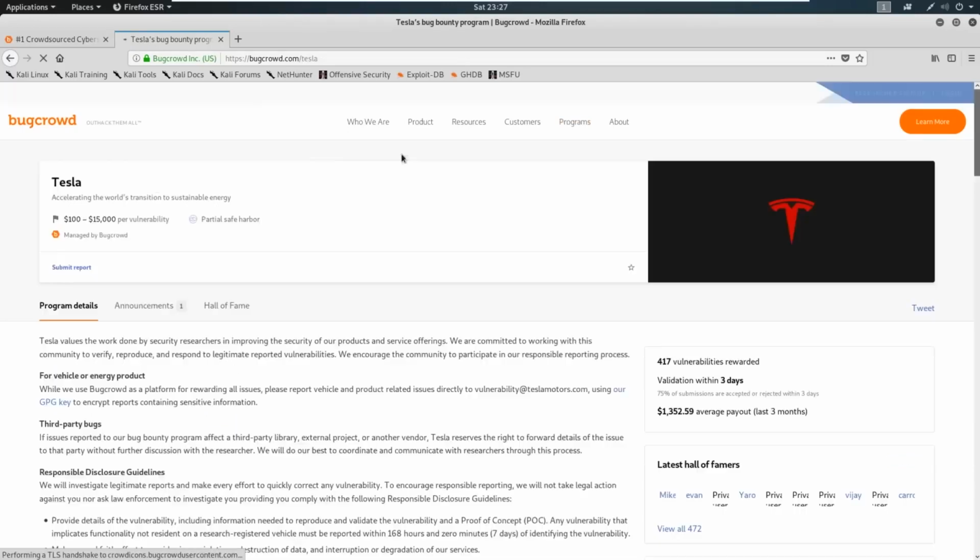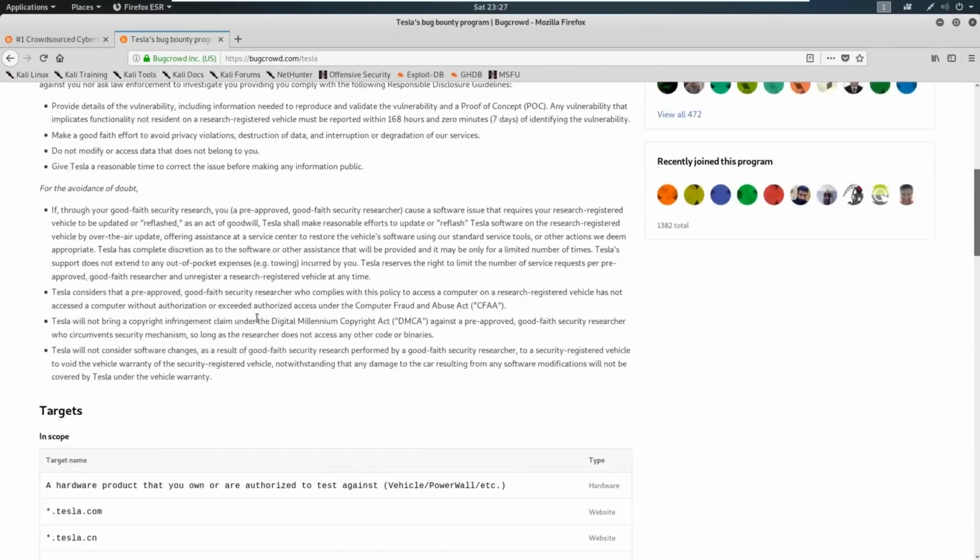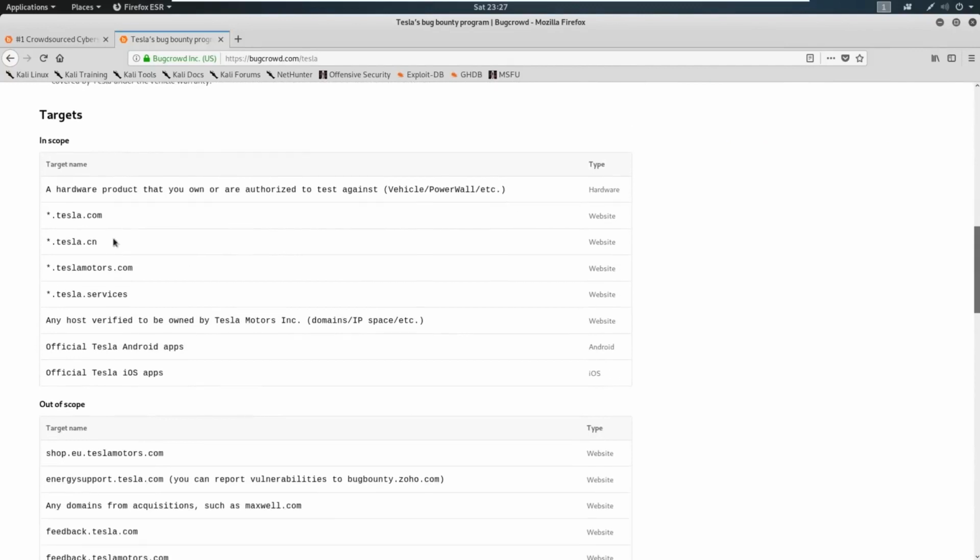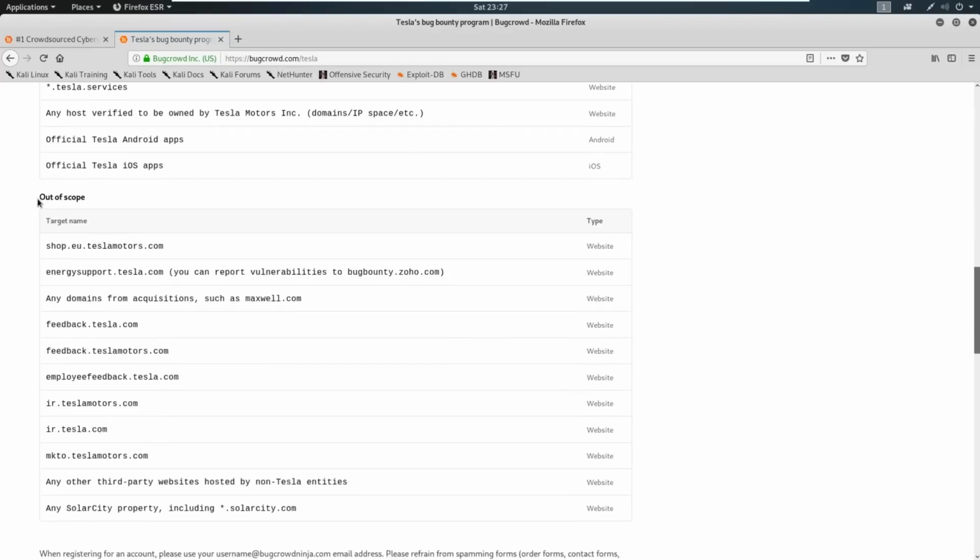Now, this is your first lesson in rules of engagement. We're going to talk about rules of engagement later, but it's super important to read the program details that you see here. What we really need to do is scroll through and make sure that we stay in scope. We have a wildcard here, so this means that any subdomain inside of Tesla.com is fair game, Tesla.cn, Tesla Motors, etc. What is more important is that we stay within this out of scope, so we don't want to attack